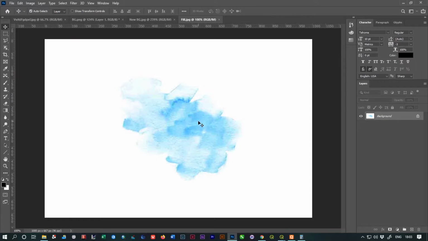a special look to your maps. And I always recommend that please use Photoshop, and here you can find a lot of options which make your map look better. And we are going to remove the background.